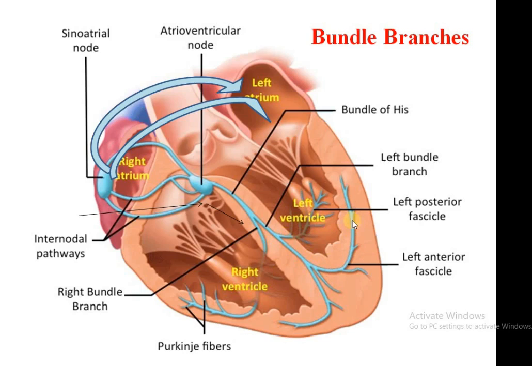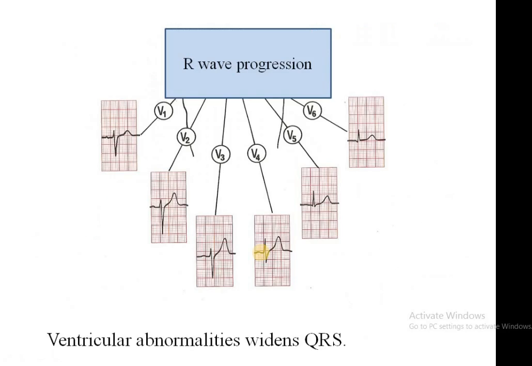And further the conduction or wave of excitation moves from left bundle branch to the right bundle branch, and then the left ventricle is excited first and then the right ventricle. So on the basis of this, the ECG pattern that comes out in V1 to V6 is R wave progression. In V1 we have more negative, and in V6 we have more positive ECG. Small R wave and bigger S wave, a bigger R wave and less S wave. So there is an R wave progression in V1 to V6.